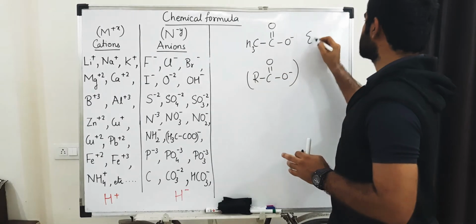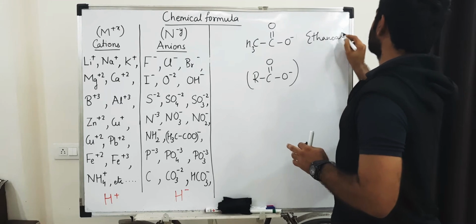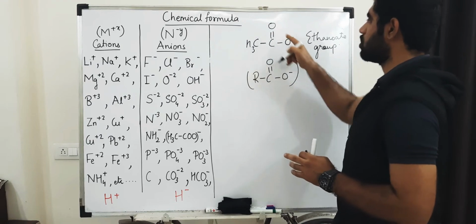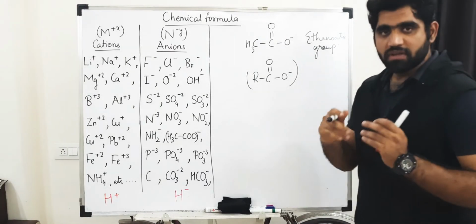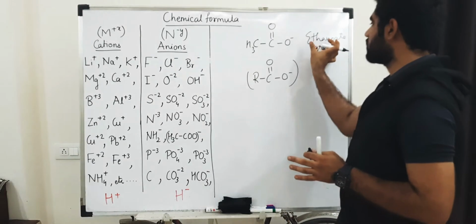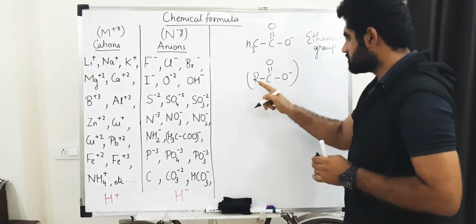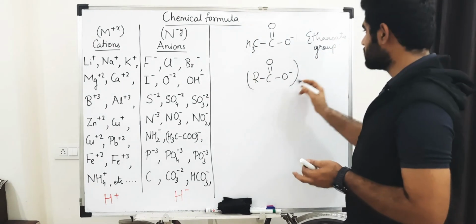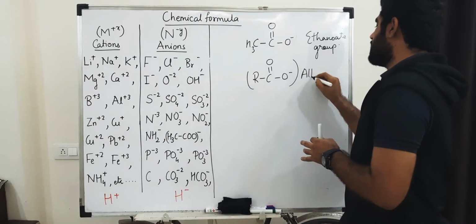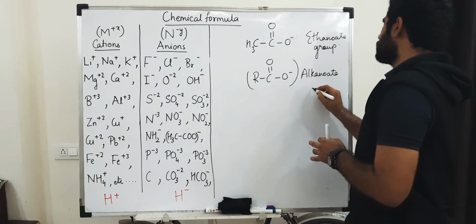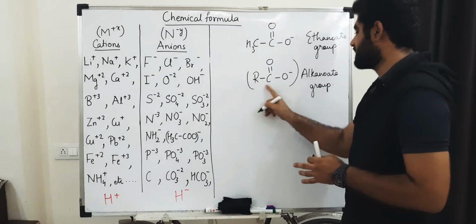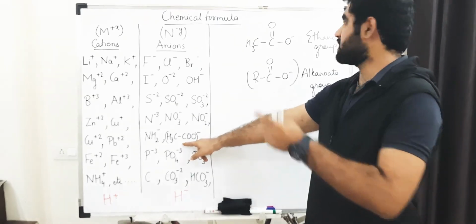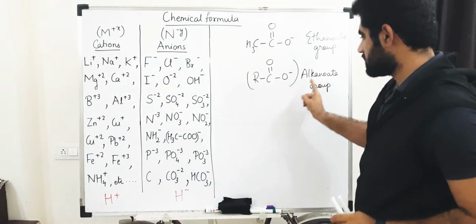It is also called the ethanoate group. By ethanoate group, eth means 2 carbons, and noate because it has 2 oxygens also connected. If you see my previous videos on IUPAC nomenclature, you would understand what eth or ethane means. Here you can see RC double bond O minus. We don't know the total number of carbons, since R can be different. Therefore, instead of writing ethanoate group, we can write it as alkanoate group, as R indicates the alkyl group. So here you can write acetate ion, ethanoate ion, as well as alkanoate ion.